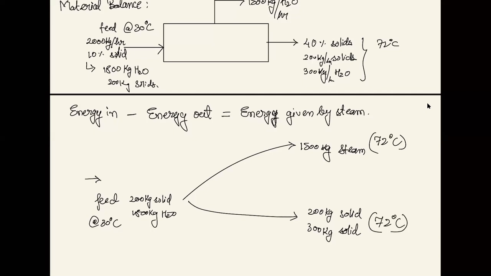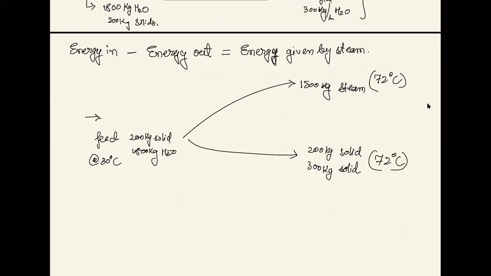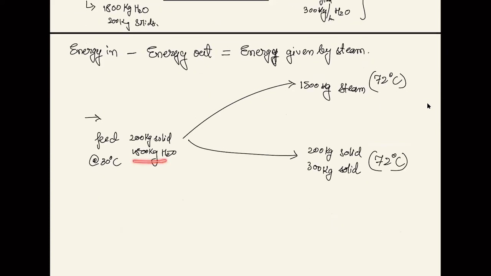अब यहाँ से यहाँ तक जाने के लिए मुझे कितनी हीट लगेगी? If I take the feed at 200 kg, this as the basis, मतलब I want to go from here to here, like from the feed to the liquid side, 200 और 300 का जो मिक्स कॉन्सेंट्रेट है, तो वहाँ से वहाँ तक मुझे कितनी एनर्जी का डिफरेंस आएगा? I can simply now say कि इस 1800 को मैं simply split out कर देता हूँ, 1500 plus 300, and what I say is,